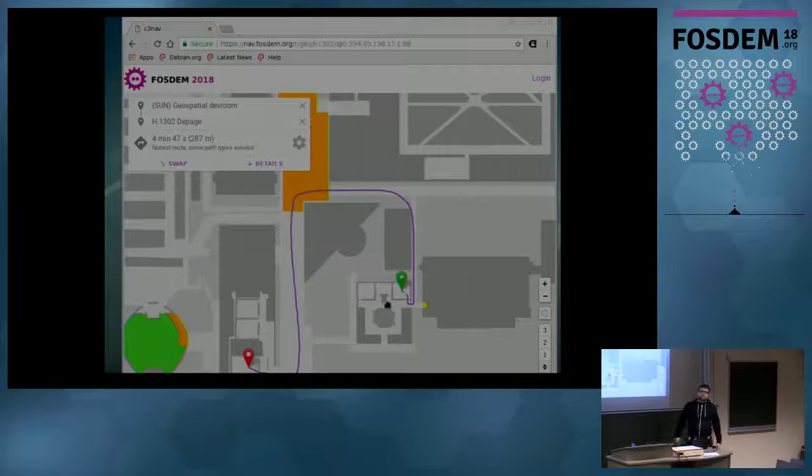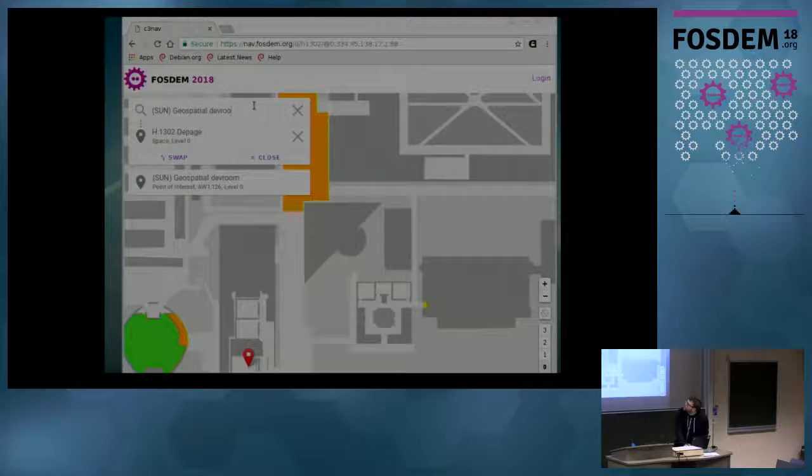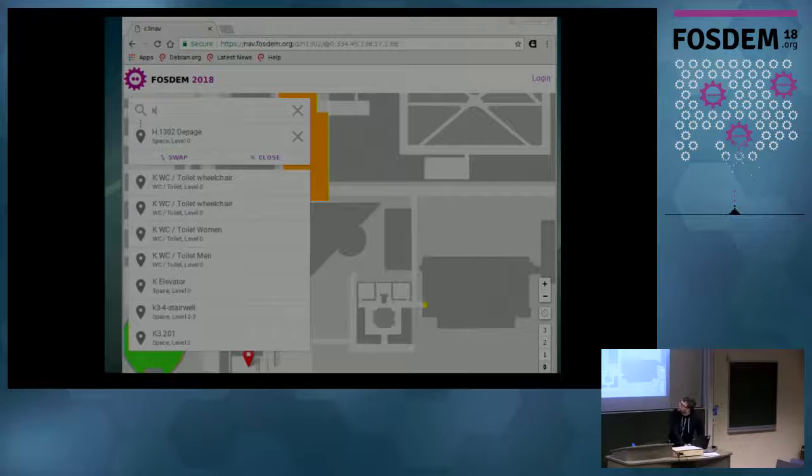Most of the rooms are reachable. So in K building, there's an elevator, which is something you don't see if you don't need it, but it's there. It was actually quite an interesting exercise. The two rooms which are here on top, those are the two rooms which are not reachable for wheelchair users, actually. Okay. Yes. So if you want to go to, let's say, K4,